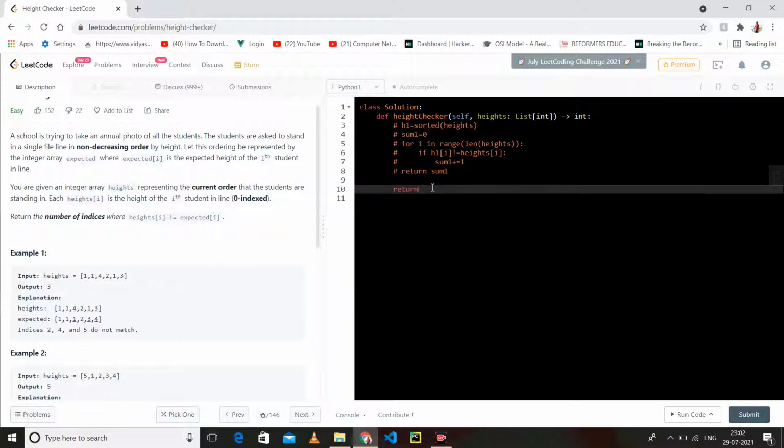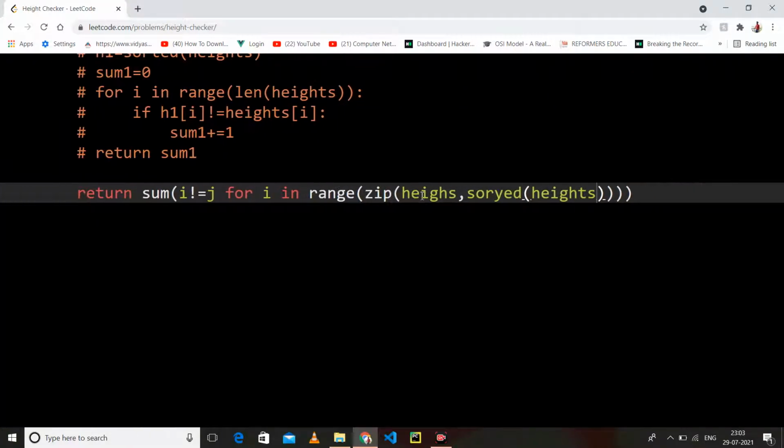Return sum of 1 for i, j in zip(heights, sorted(heights)) if i does not equal j.